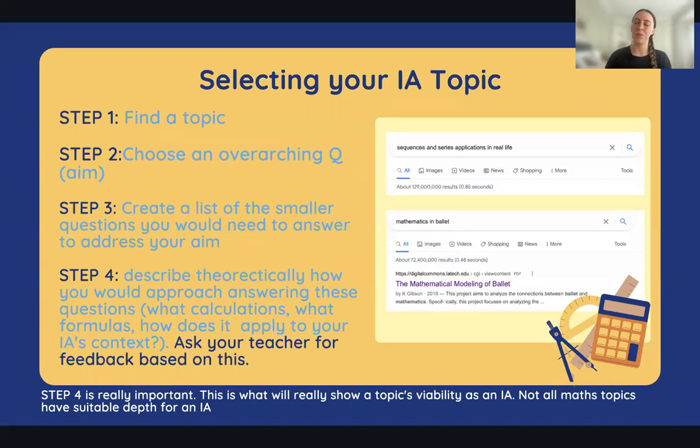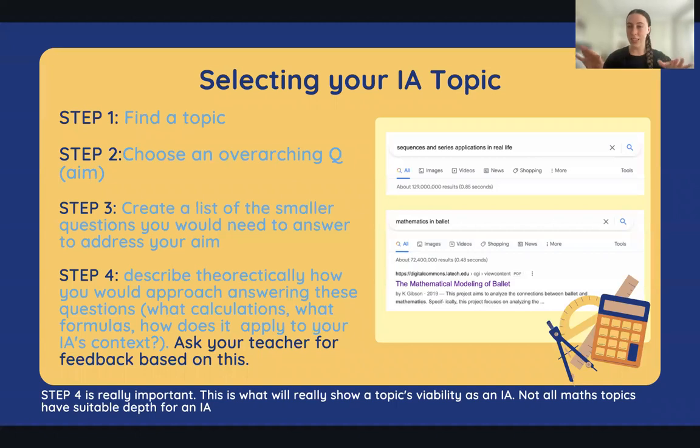Like I know for, I don't know, just for probability topics, just because my IA was on probability, so I always think of that. Even if someone else, my final IA, like I said, was on the probability of bowling, even if I found someone else who was doing bowling, they might have assessed bowling from the perspective of functions, or from the perspective of sequences and series, or some other topic, right? So even if I found a maths IA that was on bowling, it might influence my thinking too much and make me start to go down the same track as that person who did the maths